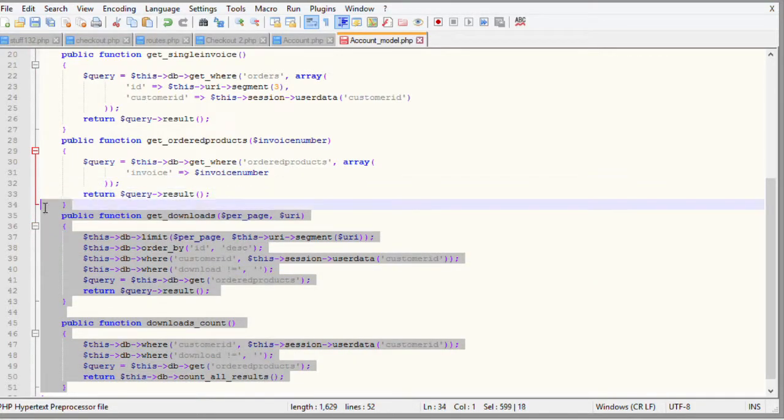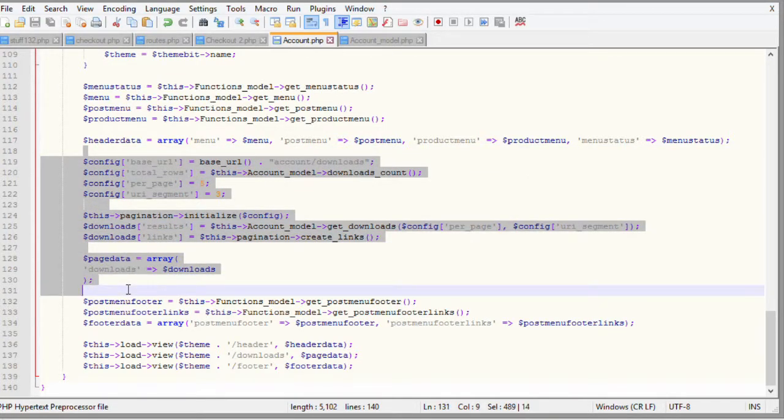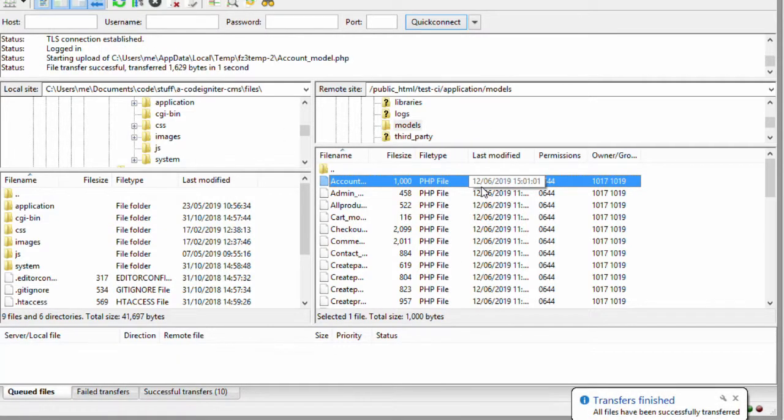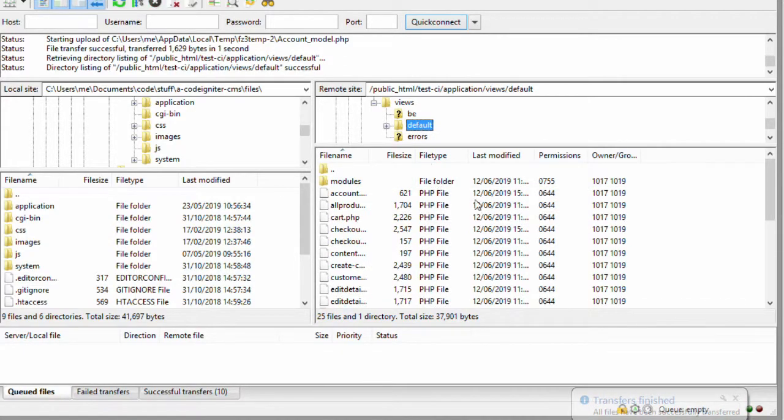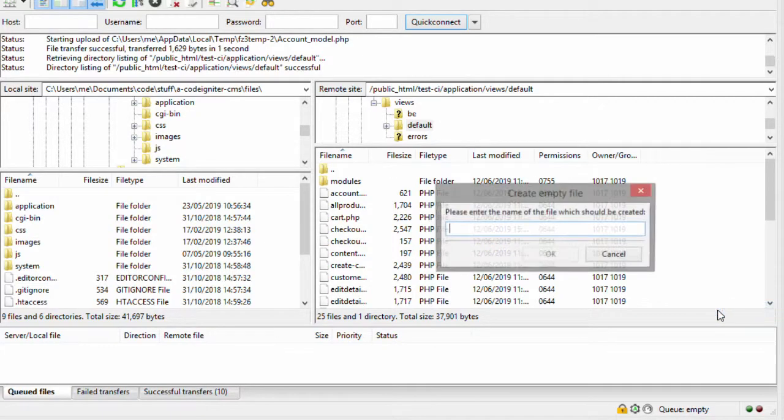So if we have these two functions in our model, we can save that. We already have a controller done and sorted, so we can save this. If we save them back to the server again, we want to come into application views, default, and we want to make our download.php. So if we create a new file,